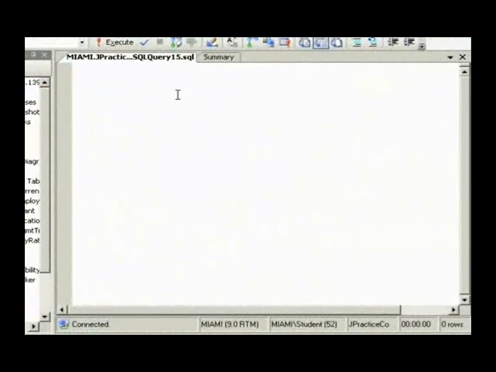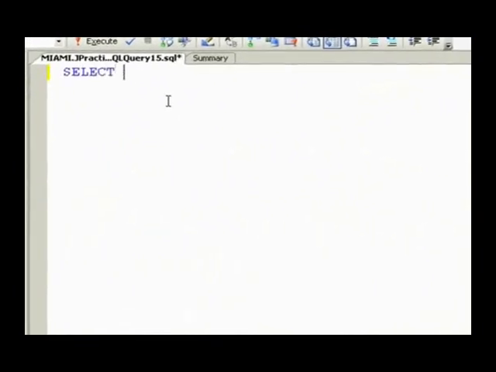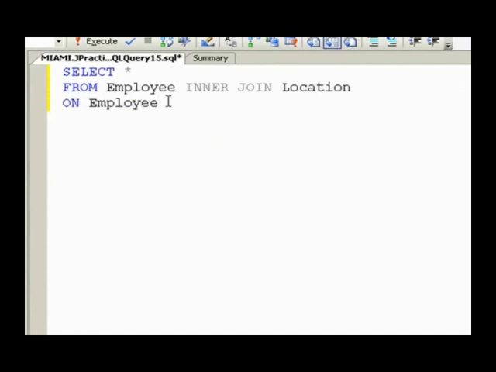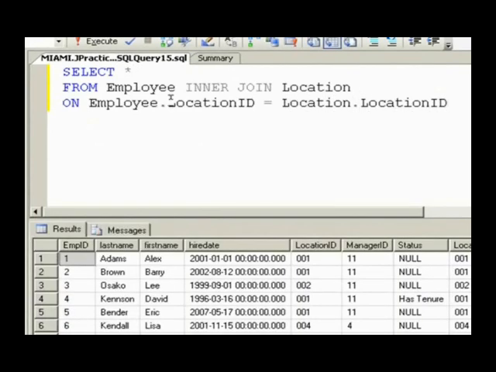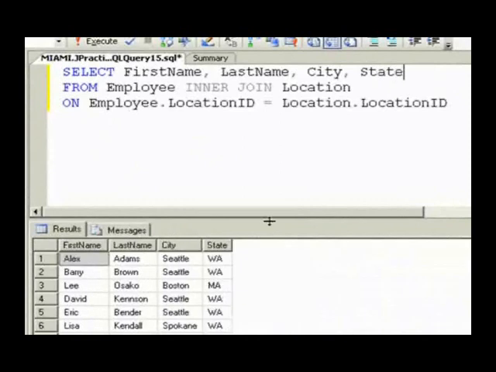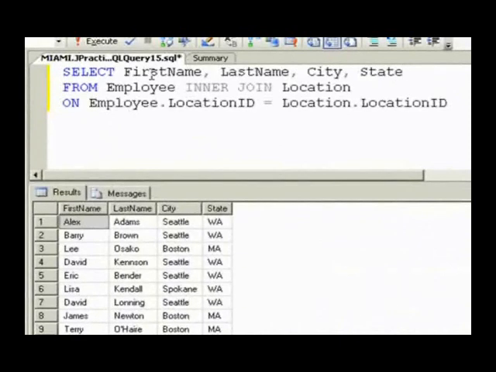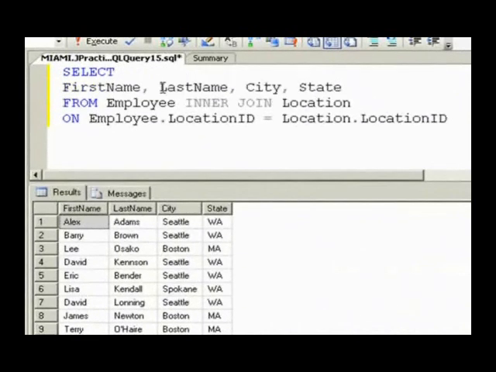Let's go back to the query that joined the employee and the location table and just pulled in 4 fields. Select star from employee inner join location on employee.locationID equals location.locationID and execute. Okay, too many fields. Let's pull in first name, last name, city, and state. Nice. Now what we're going to do is fully qualify all of the fields and all of the joins everywhere,